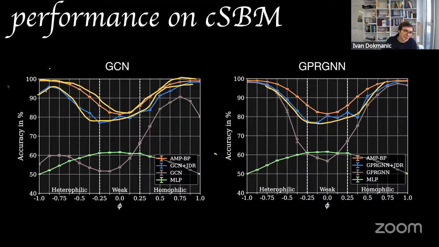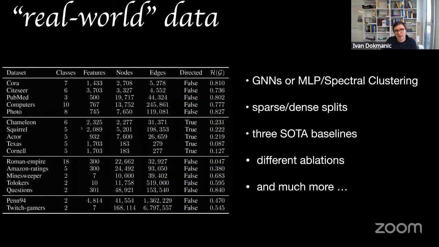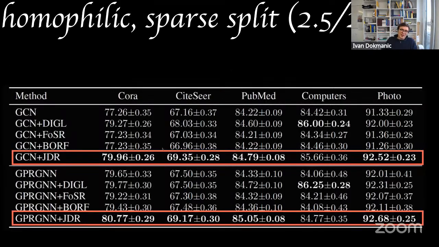Now we can also run this on real benchmark data sets from real situations. We've done this on a huge number of things because reviewers asked us for it. The bottom line is that JDR generally outperforms all other rewiring algorithms. Of course, it uses more information, using features, which other rewiring algorithms don't use. But the interesting thing is that this is true using only a denoising perspective. We're simply trying to remove noise from the graph and from the features.